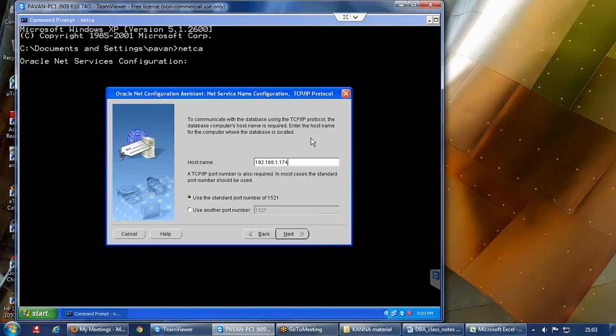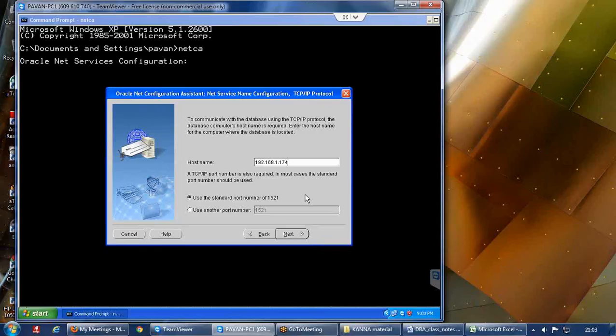So I have provided that IP address, and then we have the port number. Whatever port number you specify here, on the database side the listener should be up and running, and the listener also should be listening on the same port. So whatever number you give here, you need to make sure that the same number is being used by the listener also.